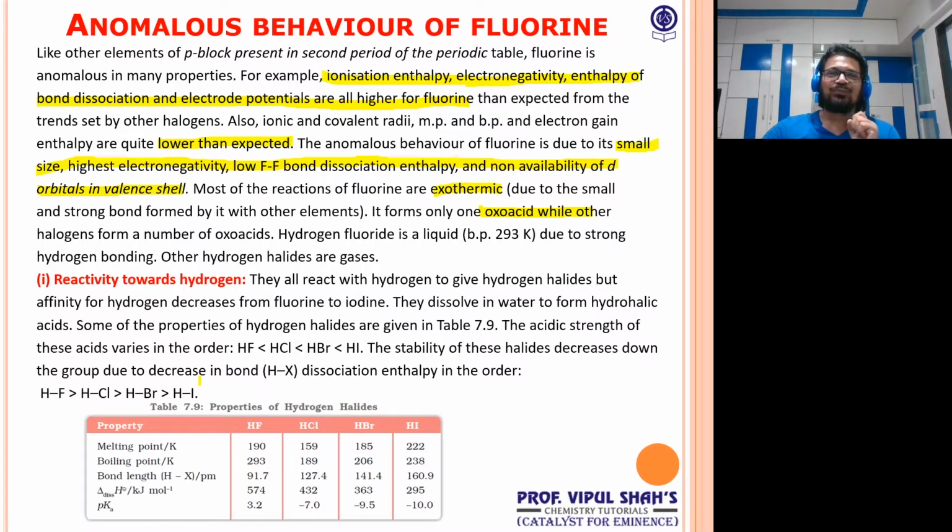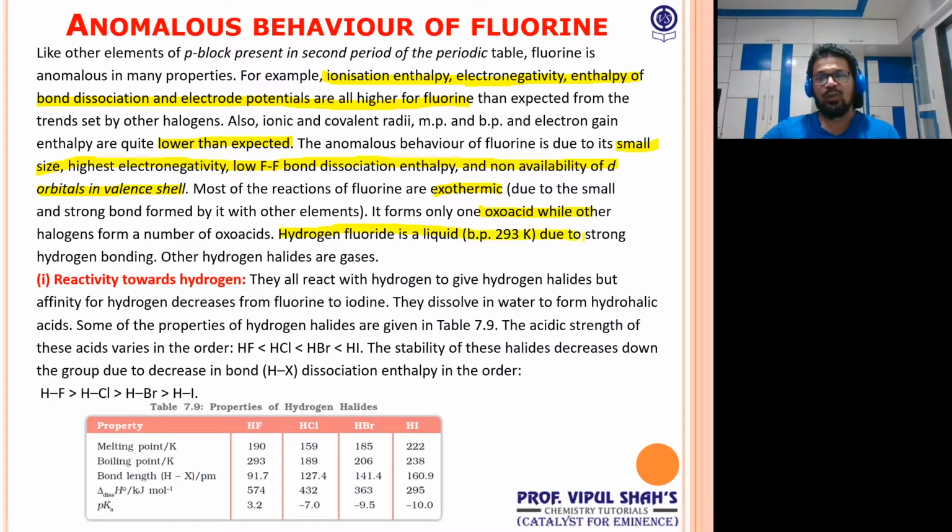Answer is 0. Hydrogen is +1, fluorine is always -1, so oxygen here will be 0. So remember, fluorine forms only one oxyacid, whereas other halogens will form more oxyacids. And an important point: hydrogen fluoride, one of the hydrides of fluorine,